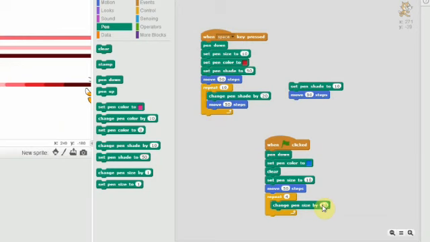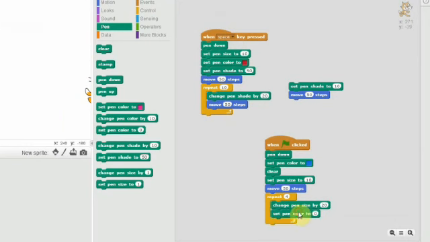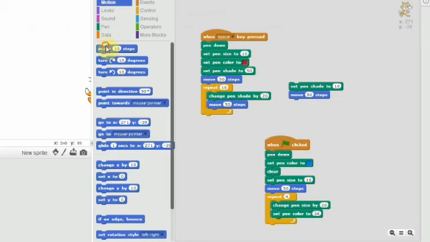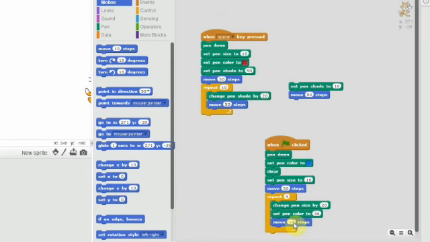Next, set pen color to here. Next, change the value. Next, click the motion block. Click and move, change the value to 20.